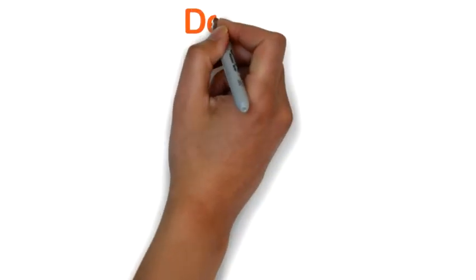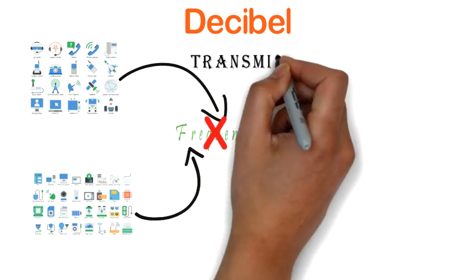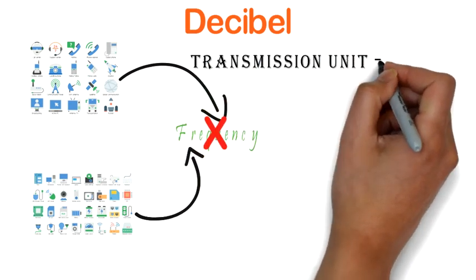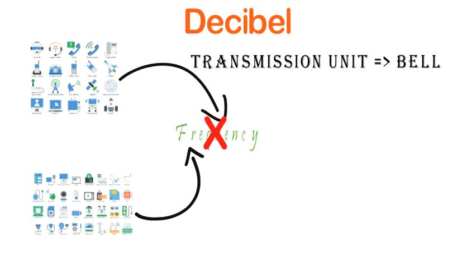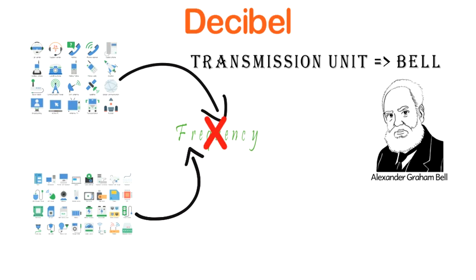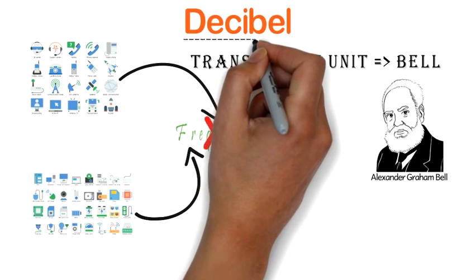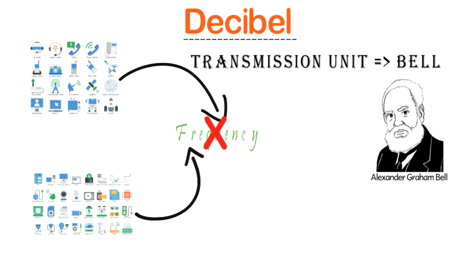First unit is decibel. For the systems which operate over different frequency ranges, it becomes necessary to define a unit which is independent of frequency. The unit which represents the useful and convenient concept has been named and defined as Bell, which comes from the name Alexander Graham Bell, the inventor of telephone. In practice, a smaller and more convenient unit called decibel, abbreviated as dB, is used.